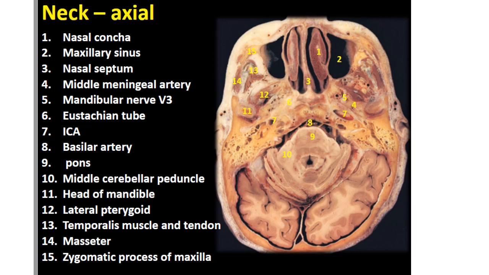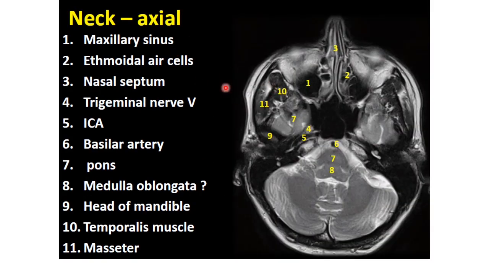Then we also see the MRI of these structures. We can see the maxillary sinuses on this side and this side, right? Then we have the ethmoidal air sinuses. This is the ethmoidal, and this is the nasal septum, right? We have right here the trigeminal nerve,